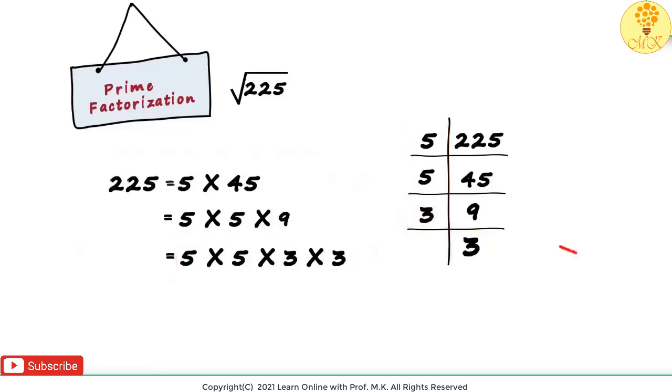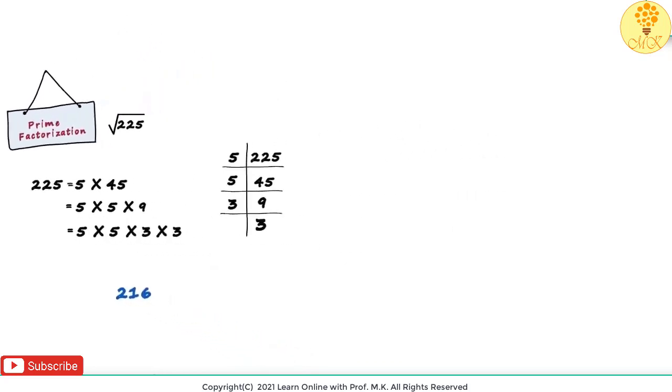Why do I say this method is faster? Look at the first 5 in this method. We continue to write it every step. Then we repeat the 5 times 5 we got in this step in the third step. Many of the numbers are repeated in every step, and hence there's a bit of a redundancy. If you really want to know how tedious this method can get, try reducing 216 into its prime factors. By now, we should be fairly comfortable with prime factorization.